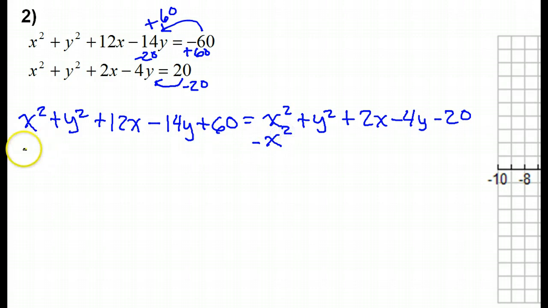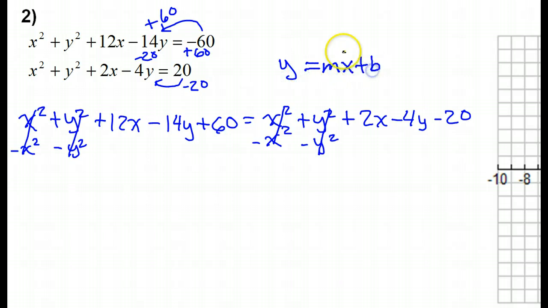So we're going to subtract x squared from both sides. Okay, so those are gone. We're going to subtract y squared from both sides. So those are gone. Okay, let's go ahead and subtract. Well, no, I'm not going to do that. If possible, I'm shooting for the form y equals mx plus b. So see how the y's are on the left and the x's are on the right, and the constant is on the right. So I want the y's on the left, so I'm going to add 4y to both sides,